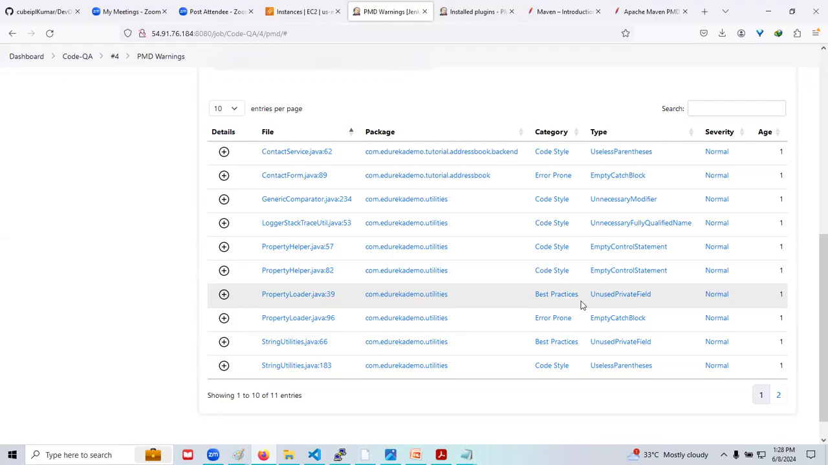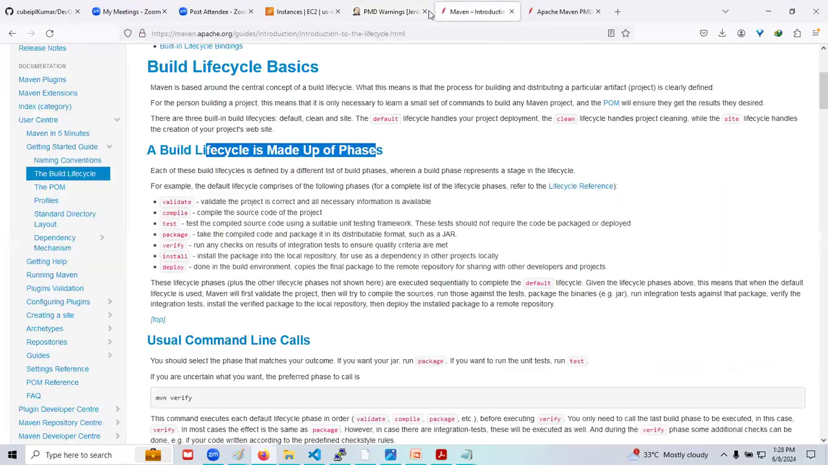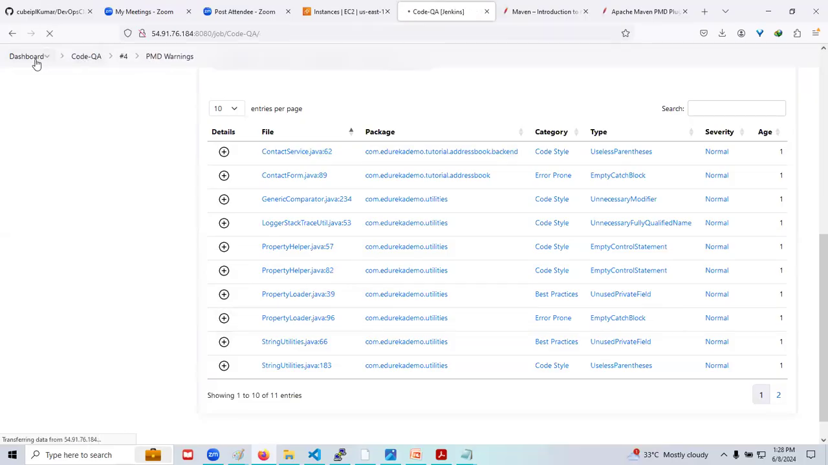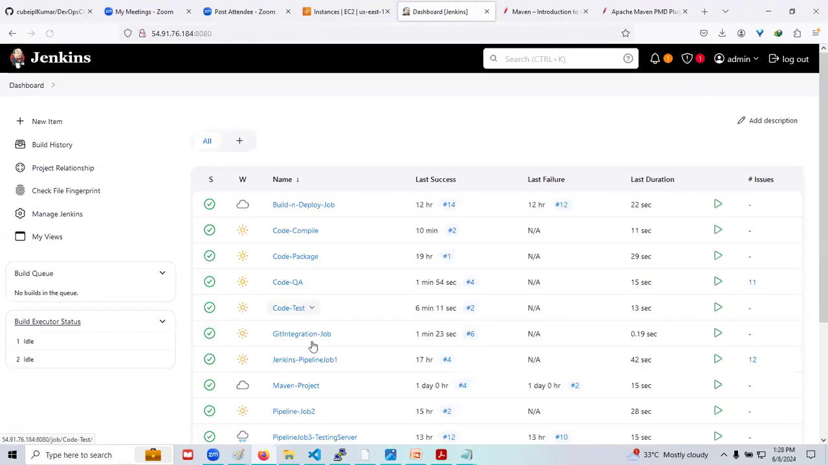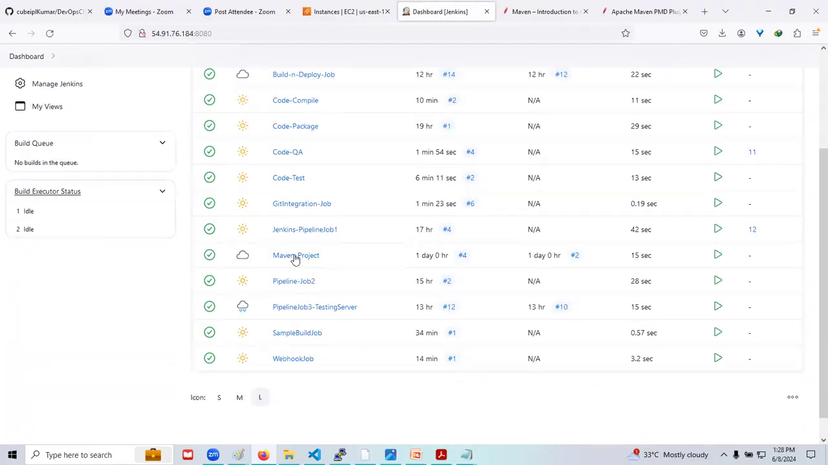Developer is going to be making the necessary changes to resolve these kinds of bugs. And again, the same process, I'll be committing that code into the GitHub repository. This is how we are using the QA report. Fine. Now, after that, the last one is the code package. The code package, what we will do here is